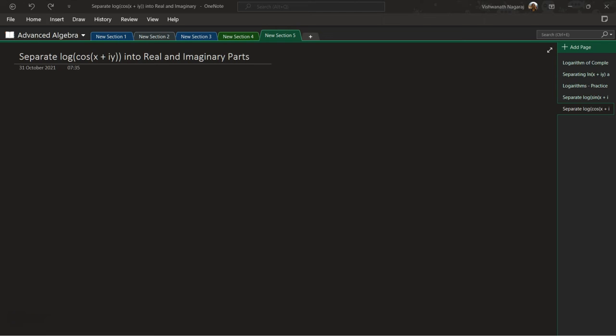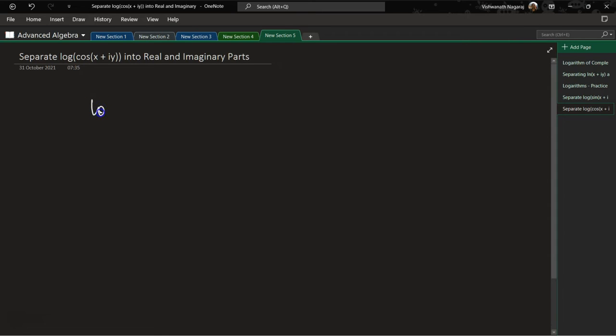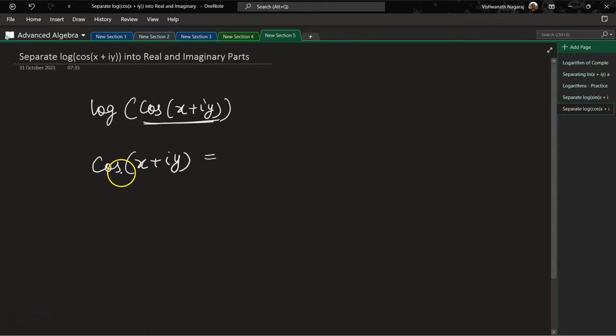Okay, previously we saw the separation of log of sin of x plus iy into real and imaginary parts. Now let's look at log of cos of x plus iy. So let's first take cos of x plus iy, and we know cos of a plus b is cos x cos iy minus sin x sin iy,